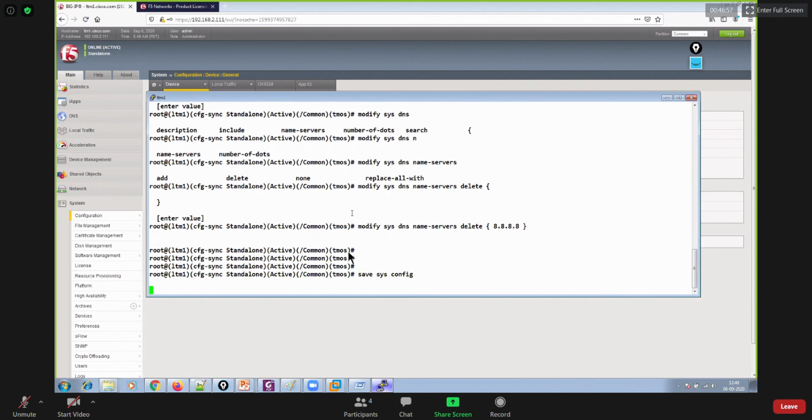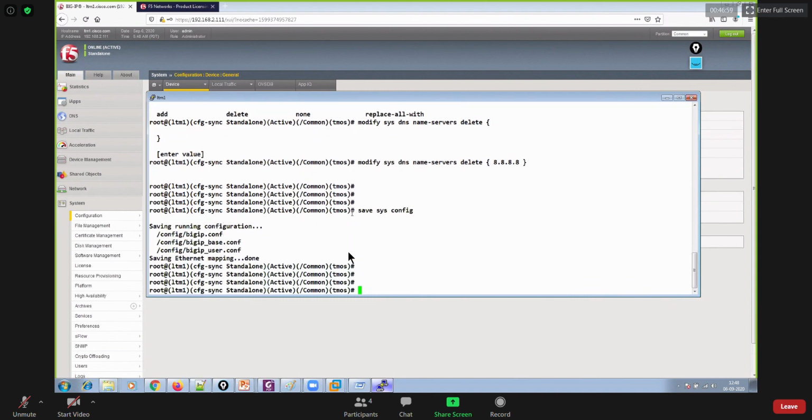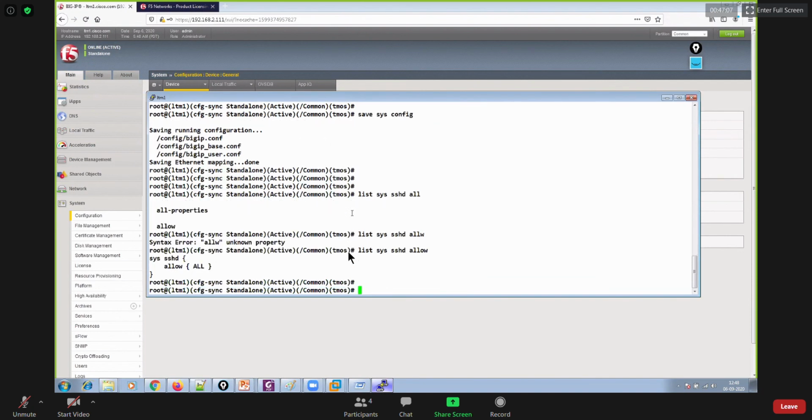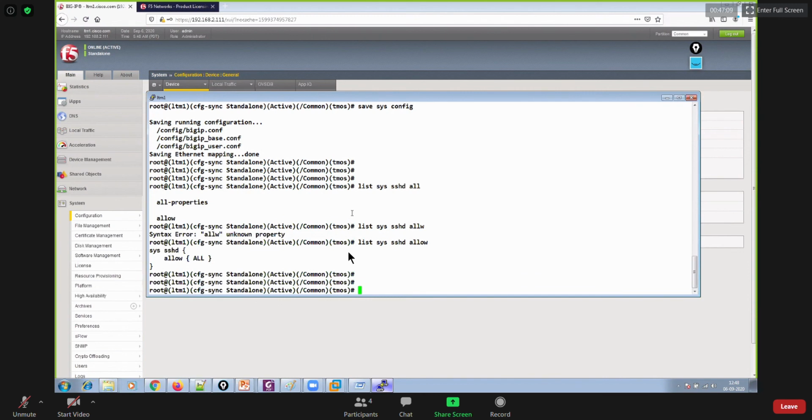In a similar way, you could also see it for SSH. You could say list sys sshd allow. By default, a host having any IP address can access this device using SSHD.